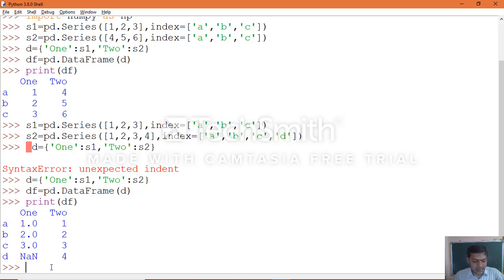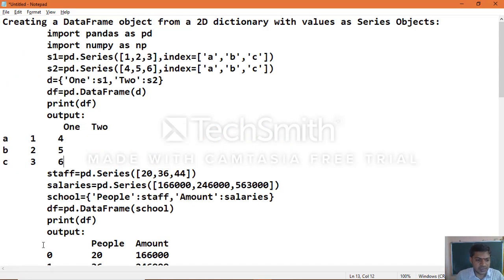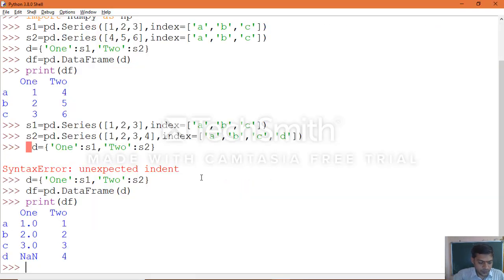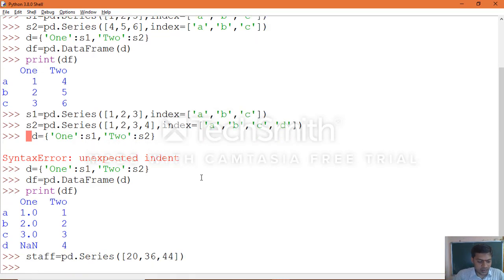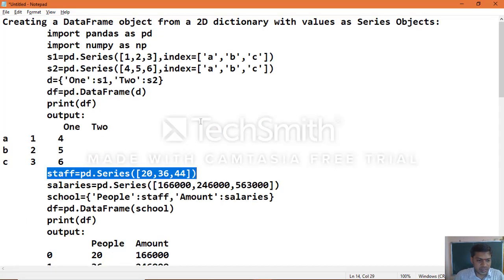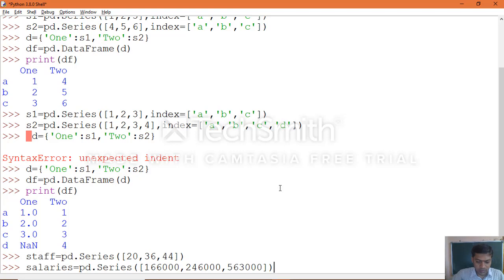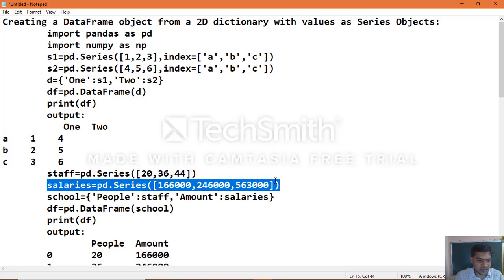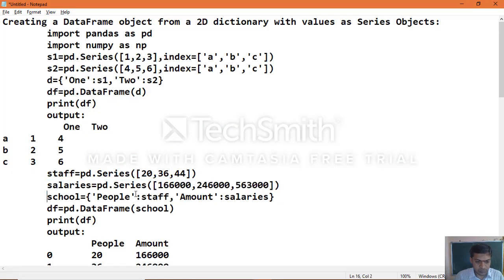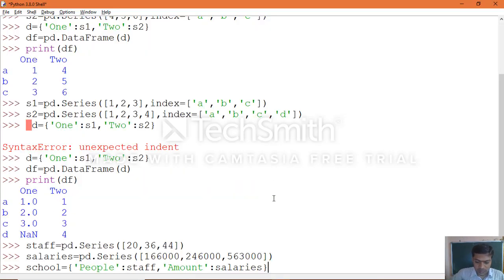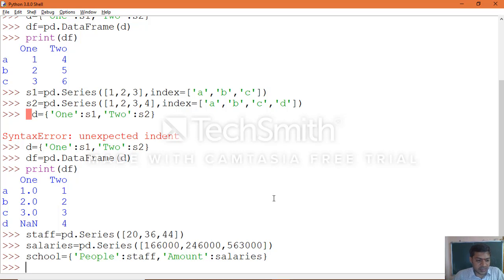In the same way, we will execute the example given in the textbook. Let's see staff and their salaries. We'll create two different series objects again, one is staff, another one is salaries. Now create the dictionary. Once you create the dictionary, then create the data frame.